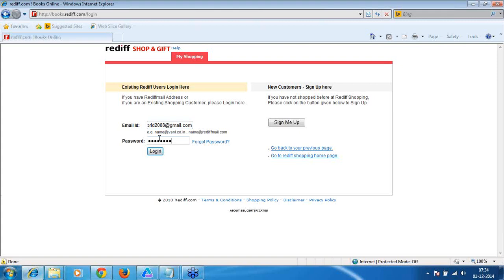In future classes, we'll be showing the test case and writing the code for that, because that would be your daily activity when you get into a project. Once I enter the username and password, I click on the login. In the first page, I clicked on the sign in. This is my second page where I enter the username, basically the email ID, and the password, and I'm going to click on the login.